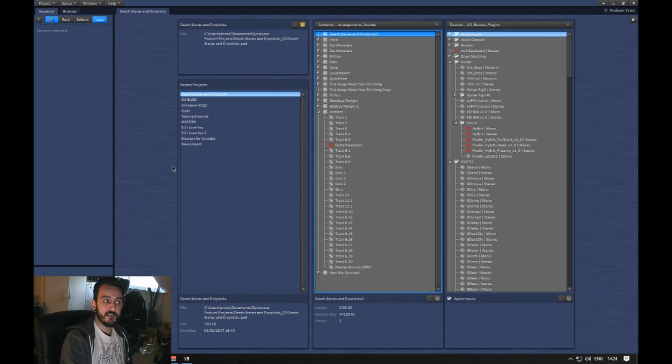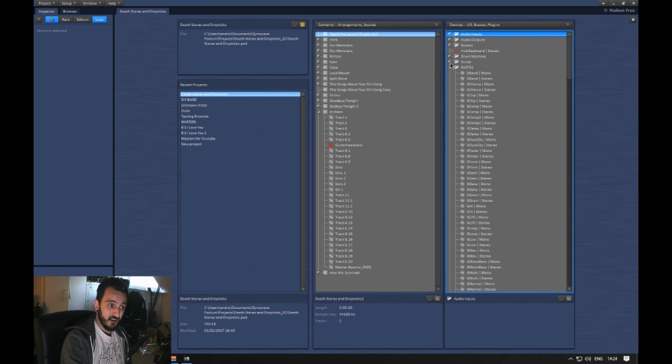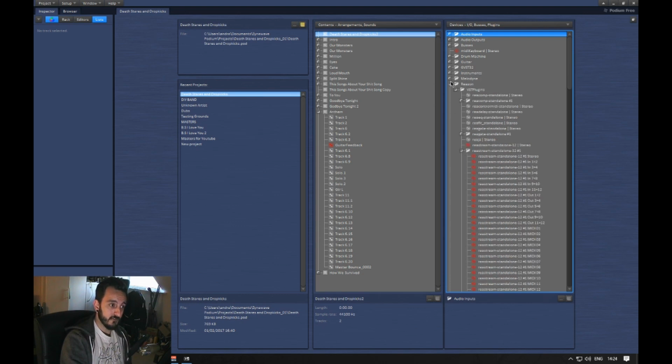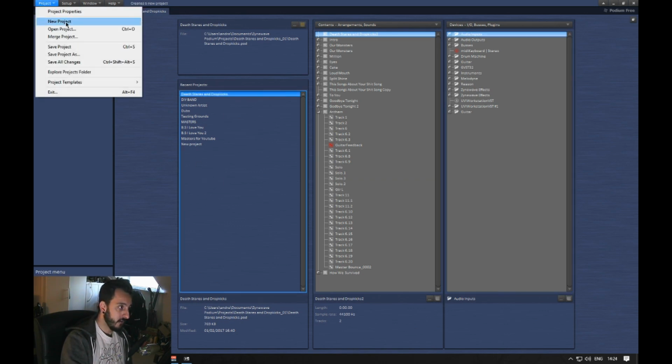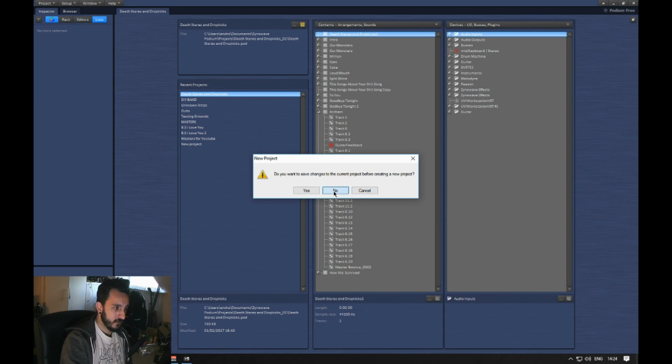Really, because then you've got to load it all, and it just takes a long time, and you can't have all of your default profiles really, like all these bits at least anyway. All your VSTs change every time, and the inputs change every time. You have to set it all up for every song. So what I do now is I create a project. So if I go File, New Project,